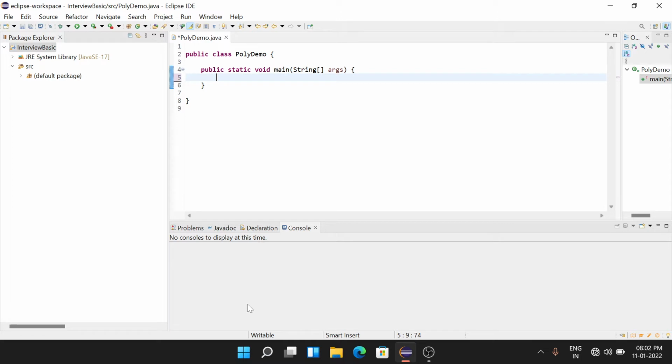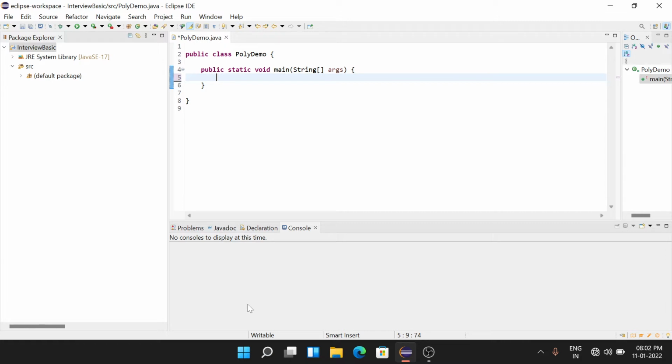I will try to explain with one example. For example, I need to add two numbers. Adding two numbers is nothing but addition.